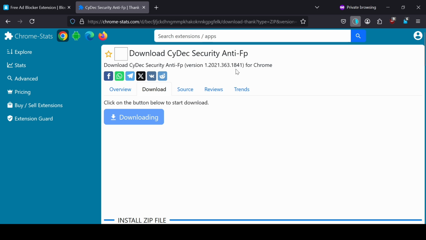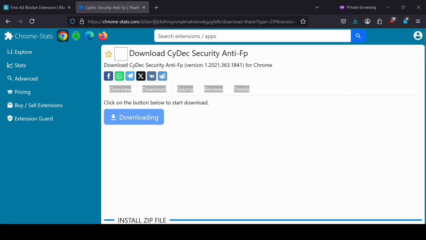So while it's downloading, let's quickly go to the next one. The next one in the list is trace extension. I think trace extension. So let's check. Yeah, trace extension. That is it.